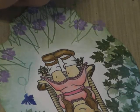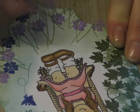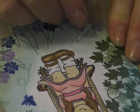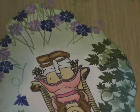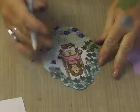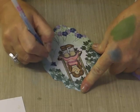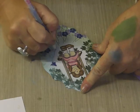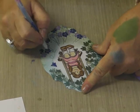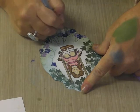Then take the darker one, stamp a few of the darker ones in there, and just to finish off, I always like to have a bit of glitter. I'm using a quickie glue pen because this time I only want small amounts of glitter rather than quite a lot that I use with the glossy accents on the fairies. This time I just want it fine, so I'm just going to put dots along the trail and then a few dots into the centres of these flowers,